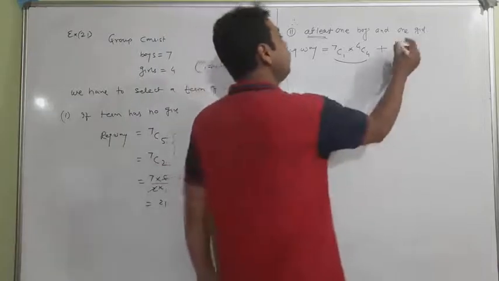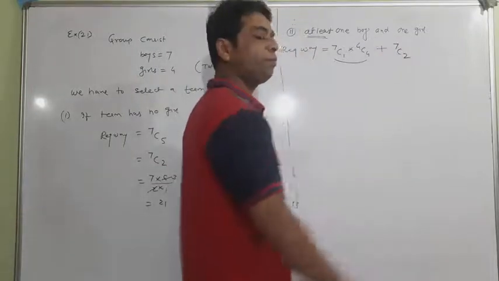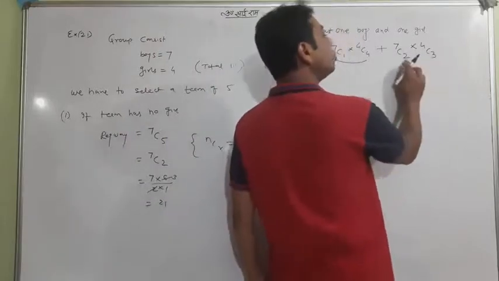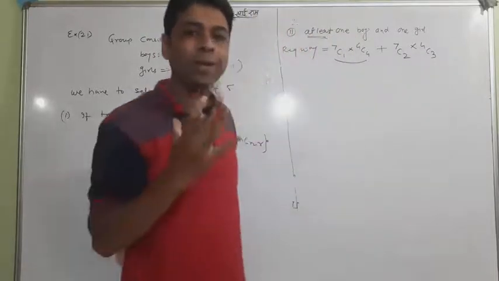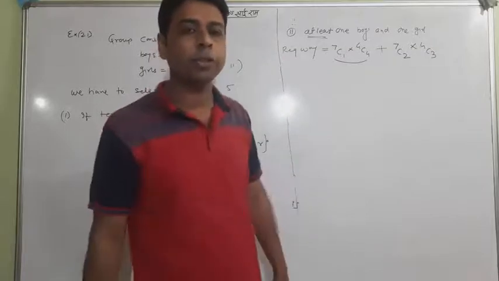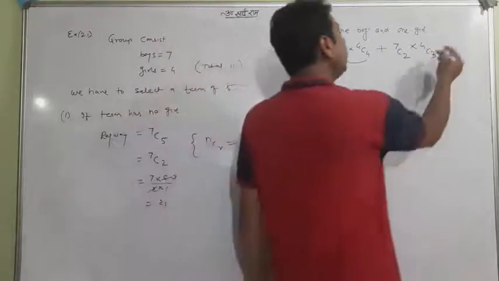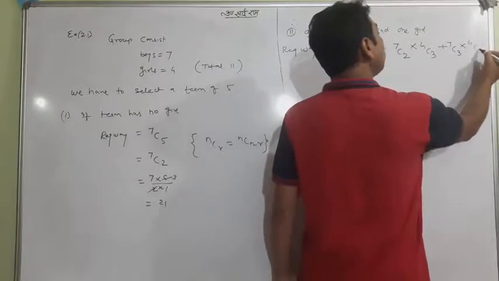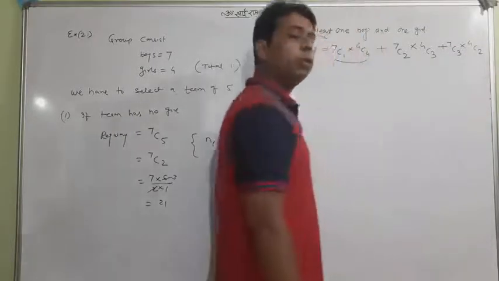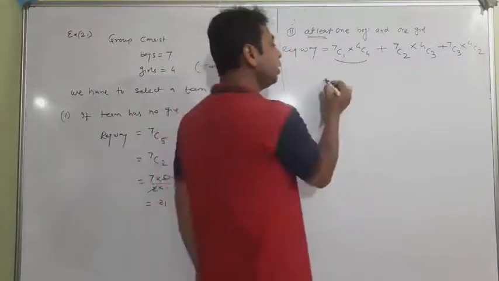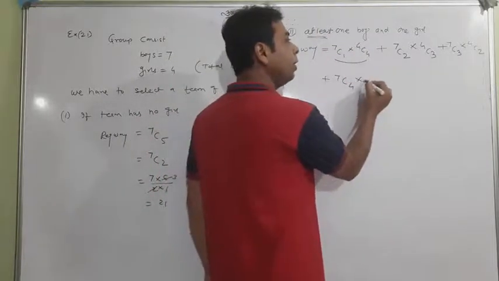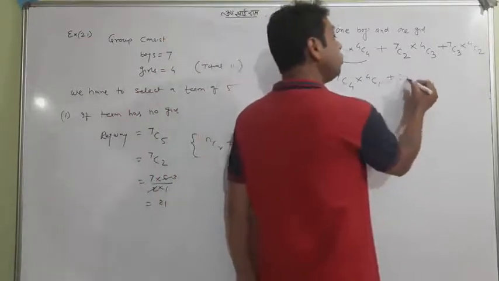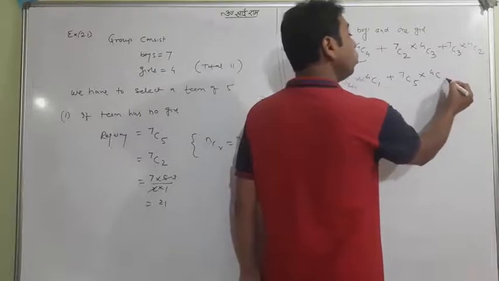Like what? If you choose 2 boys, so you have to choose only 3 girls, so that 3 and 2 combination will make the whole 5. This is one more combination, one option. If you choose 3 boys, you have to go with 2 girls. And similarly, if you choose 4 boys, you will choose 1 girl. And lastly, if you choose all boys, there will be no girl.